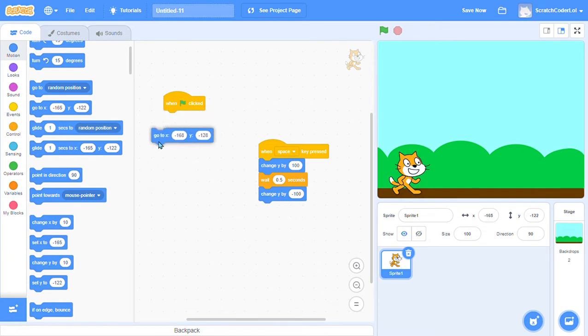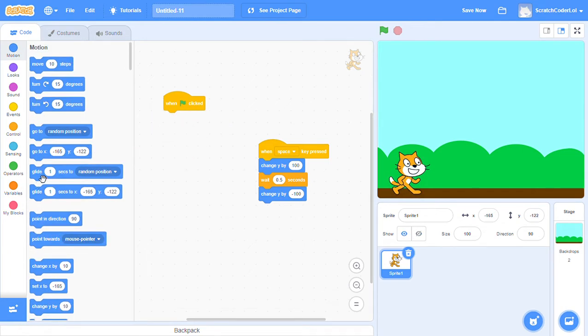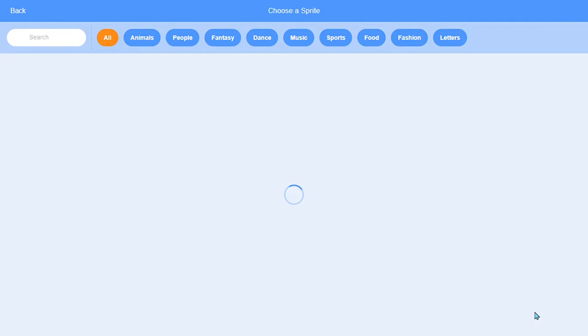We can actually move the sprite up a little bit more. So go right here, and we can do wee. Okay, so now that we have the jumping done, we are going to choose another sprite, and this sprite